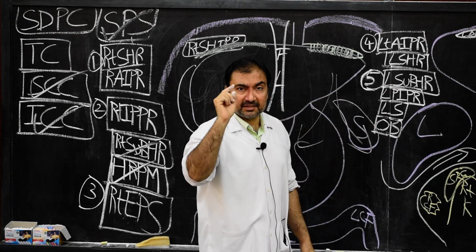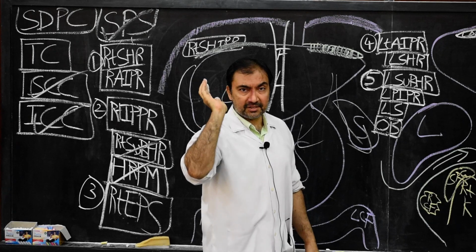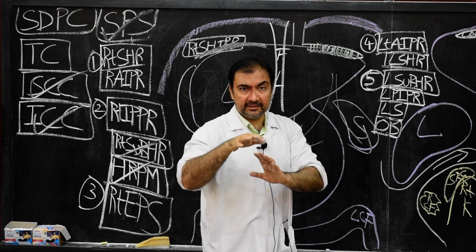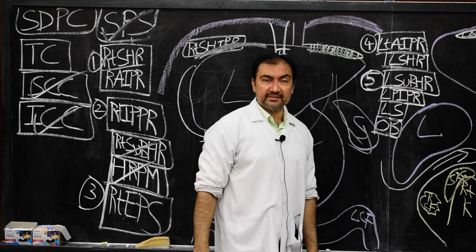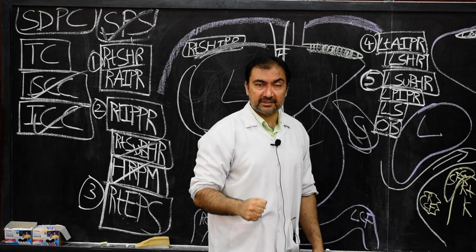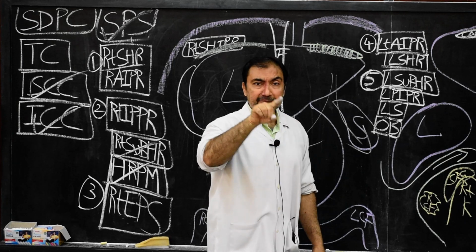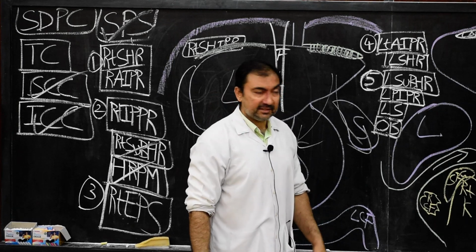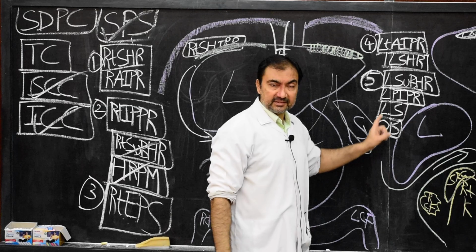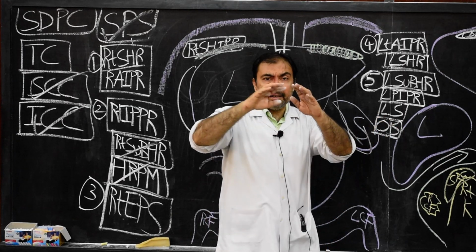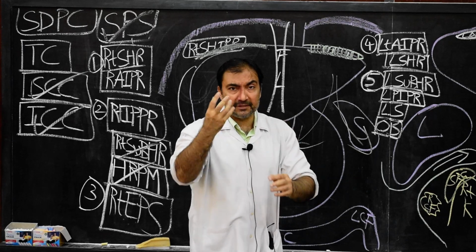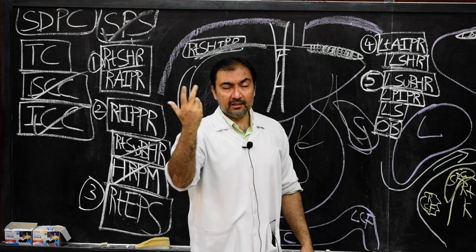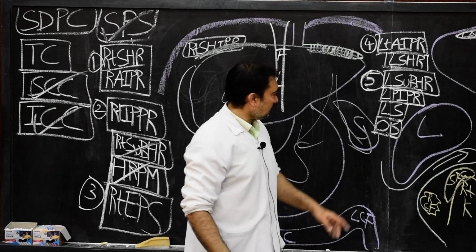Now remember, whenever we are writing these terminologies on the right and left subphrenic spaces, these terminologies can also be asked in a lot of MCQs or 1 mark question answers. So the other name of the left subhepatic space is lesser sac or omental bursa, or the other name of the left posterior intraperitoneal recess is the omental bursa or lesser sac. So please try and remember these terminologies. These terminologies are very important in fetching 1 mark answers.